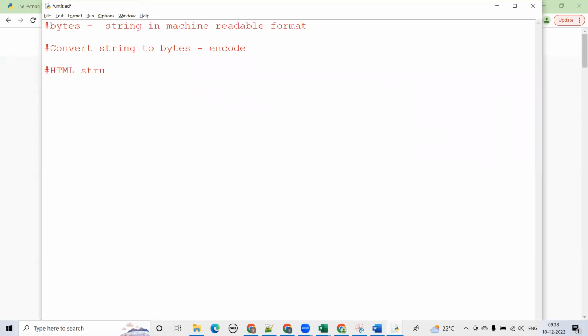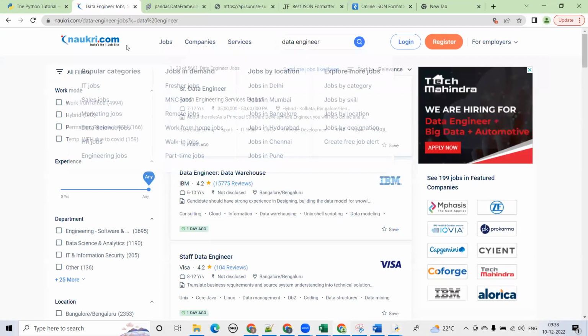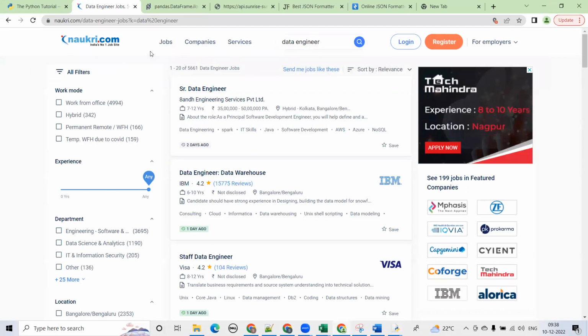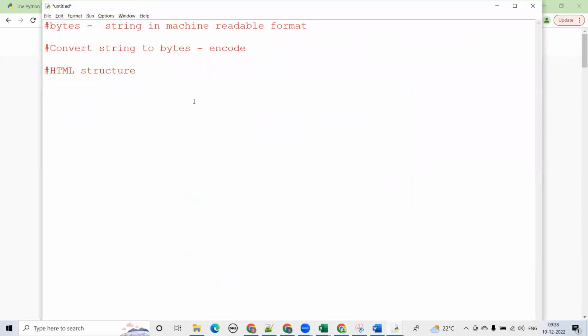How many of you are aware of HTML? Any website is designed with the help of HTML plus CSS. This is for layout and all,